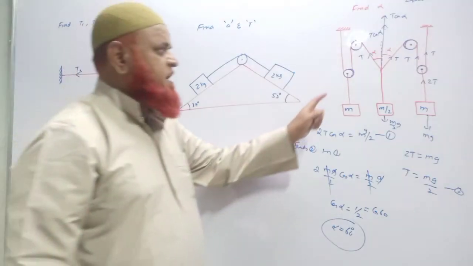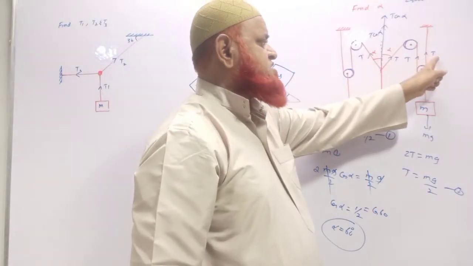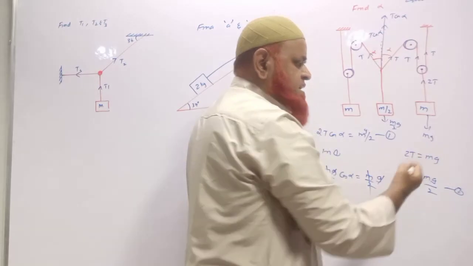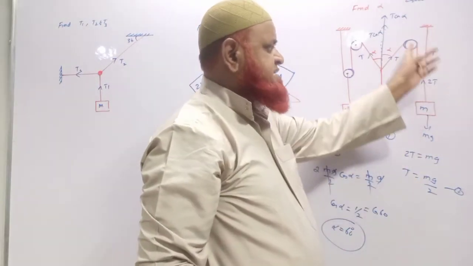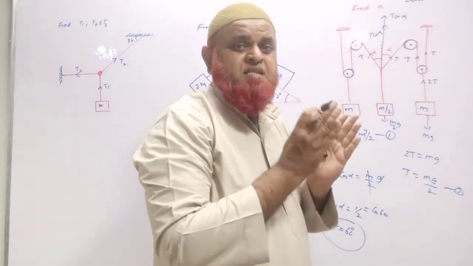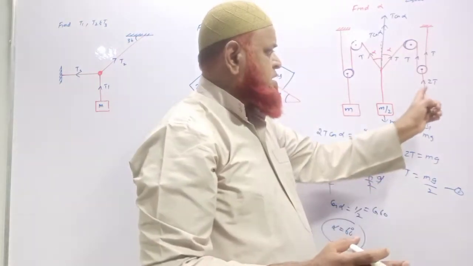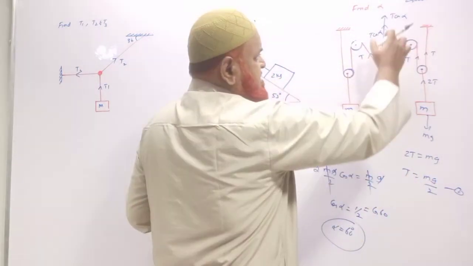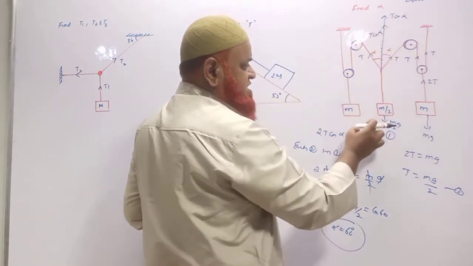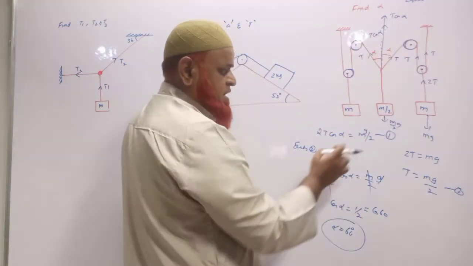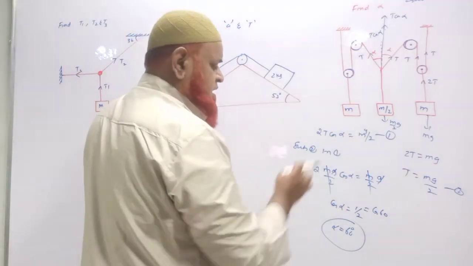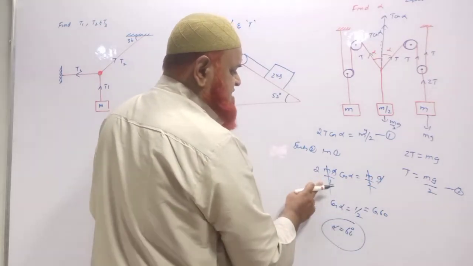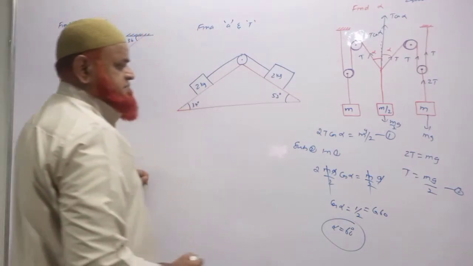Understood? It's very simple. You have to take tension, tension, tension. This is tension. Two tensions are upwards, and downwards will become T plus T, which is 2T. mg is acting downwards. 2T is acting upwards. So as the blocks are in equilibrium, 2T is equal to mg, T will become mg by 2. And here T and T means 2T cos alpha is equal to m by 2 into g. Instead of tension you write mg by 2 here. mg by 2 gets cancelled. Cos alpha is equal to 1 by 2, that is alpha is equal to 60.